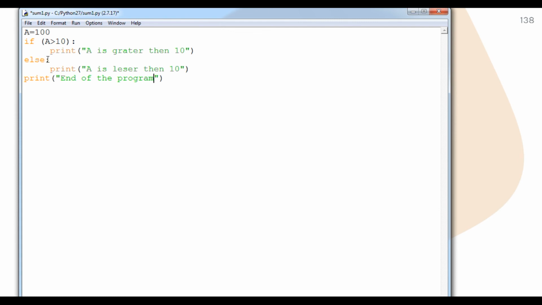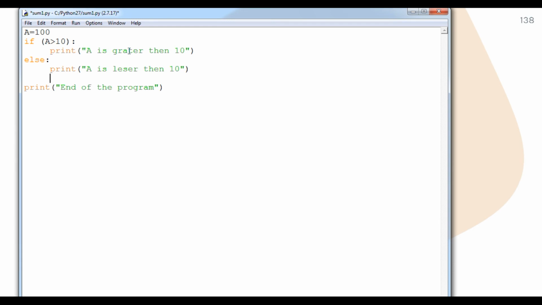So here student, you can see the else statement does not contain any test condition, I say test is the condition. If this particular statement is false, then it will print the else part, and at last the end of code, that is the end of program also. This means there are only two possibilities, whether a is greater than 10 or not.